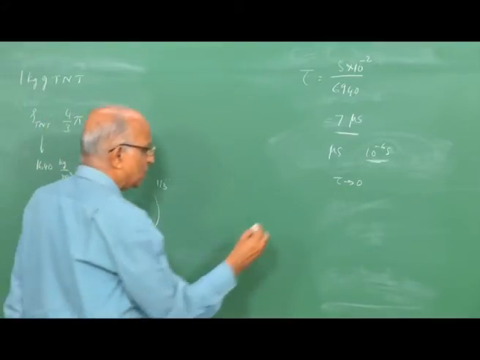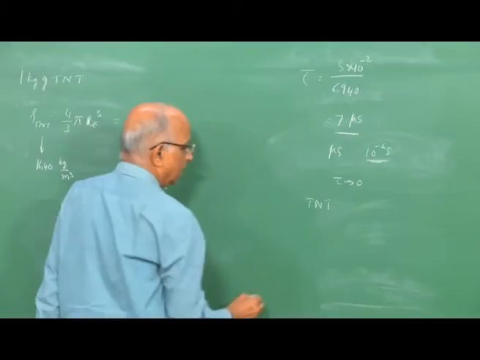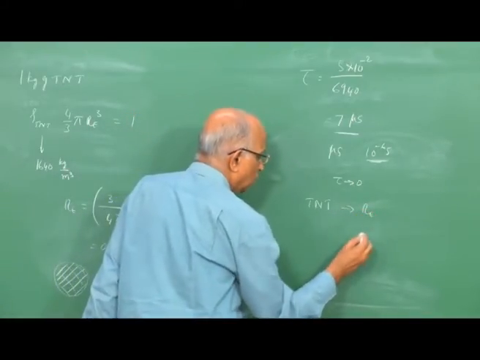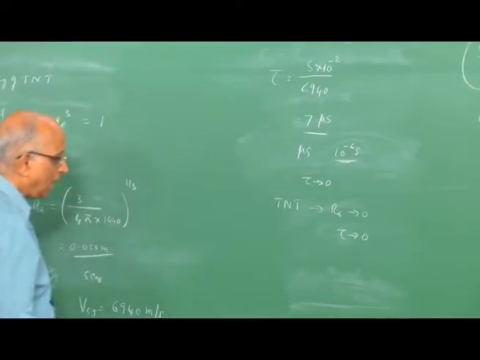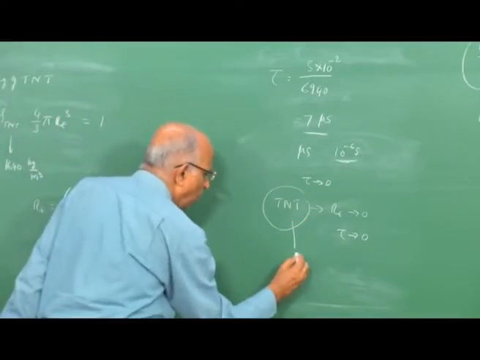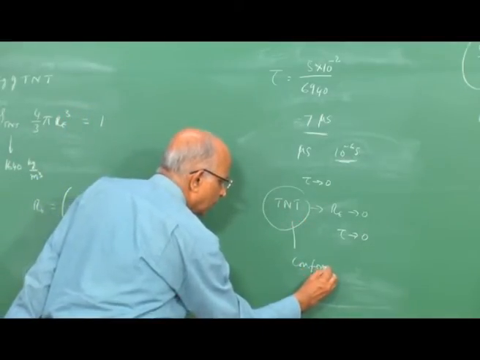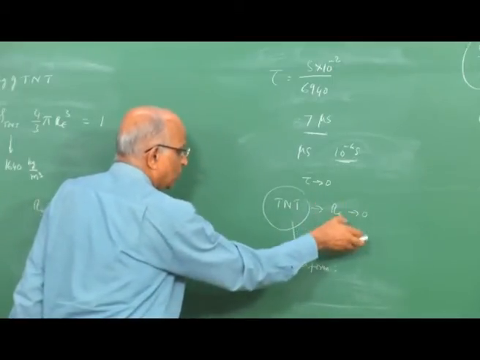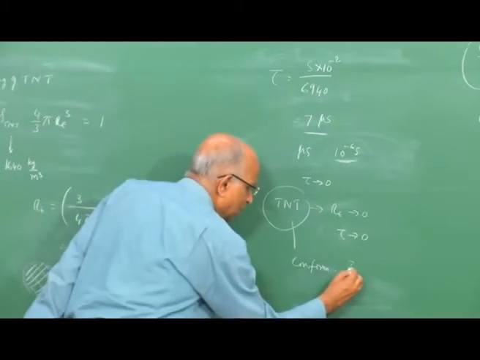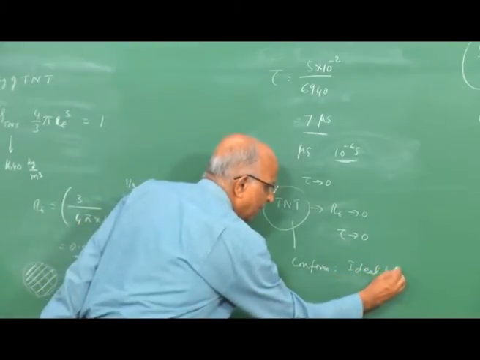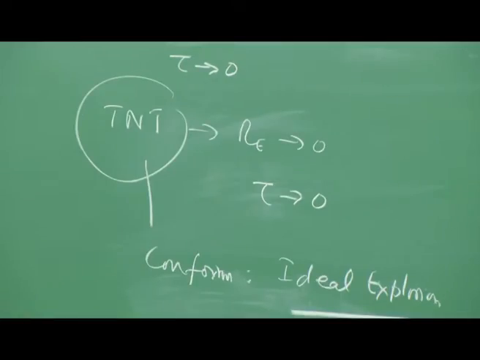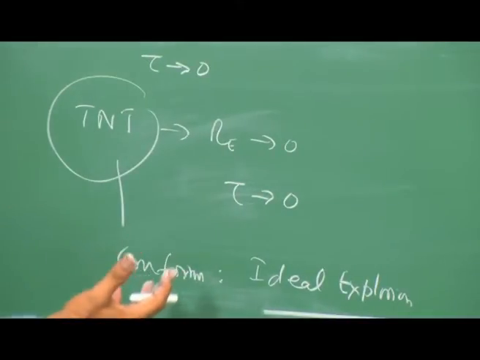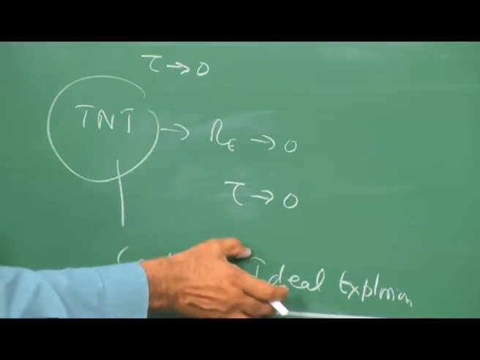Therefore, we tell ourselves that when we consider the specific case of a TNT, the source radius tends to 0 and the time over which energy is released tends to 0. So TNT seems to conform to the case of a point explosion taking place spontaneously, or rather it seems to correspond to an ideal explosion. And since we know how to deal with an ideal explosion, namely we derived the equations, we saw on the chart how the impulse behaves with Rs by R naught, we say TNT is something like an ideal